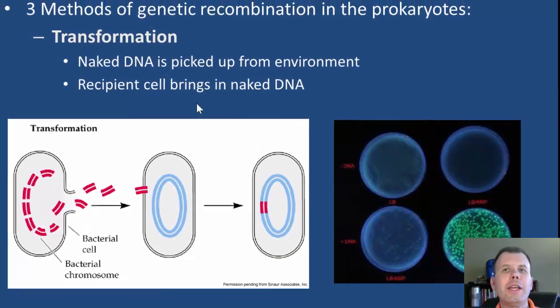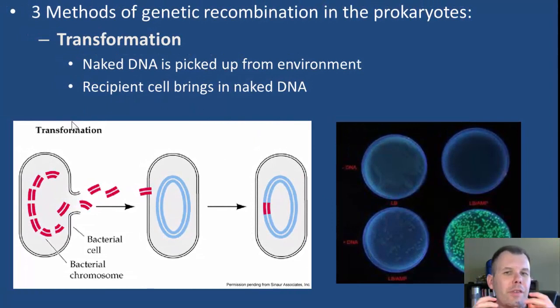Okay? The second one is called transformation, and that's basically taking DNA from the outside world and bringing it into your cells. Now, how does this happen? Typically, there are bacteria that get lysed all the time due to environmental conditions and other things that happen, and the cell breaks down. When it does, it releases its DNA. Normally, DNA is very tough to break down. So DNA gets released from the bacterial cell, and another bacterial cell can actually bring it up, kind of suck it in like a straw, or suck it up like a sponge, and bring it into the cell.